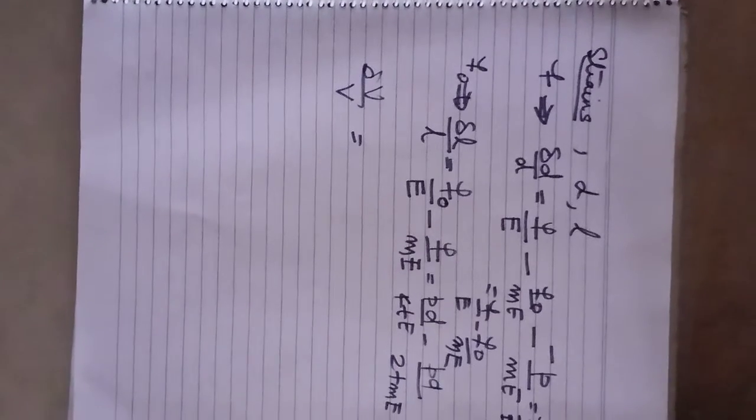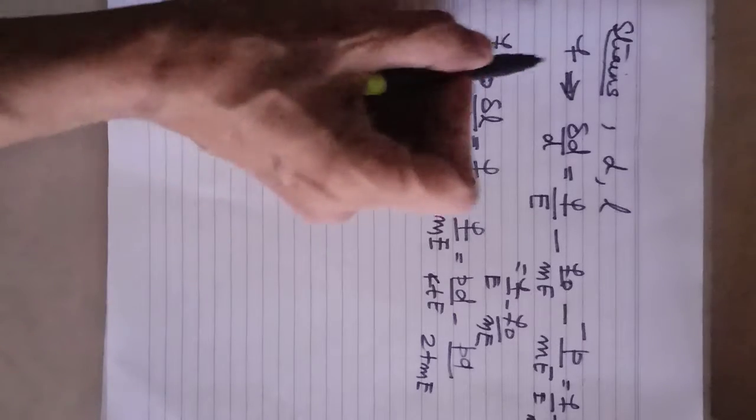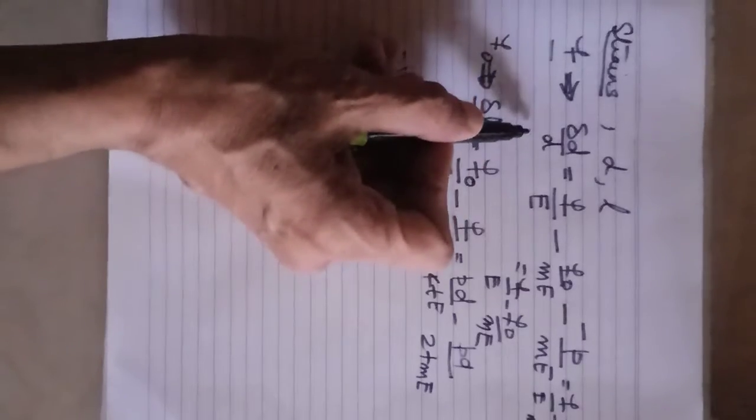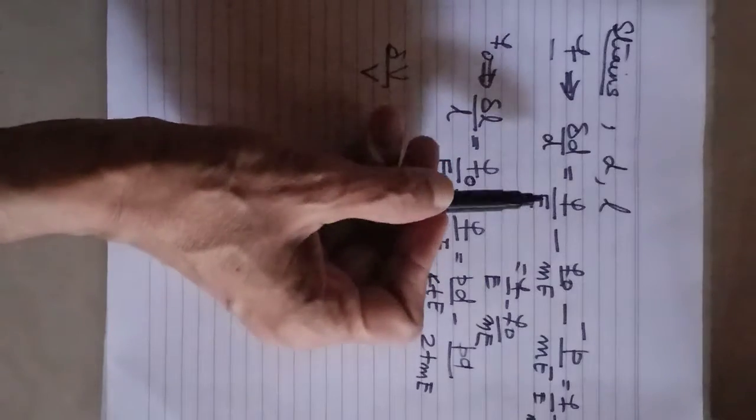Now you are going to take up the strains due to this internal pressure on the thin cylinder. You have already studied what is hoop stress and what is longitudinal stress. Keeping that in mind, you know that due to hoop stress you have got the strain of the diameter. That means hoop stress is acting along the circumference. So due to hoop stress, you have got delta d by d equal to